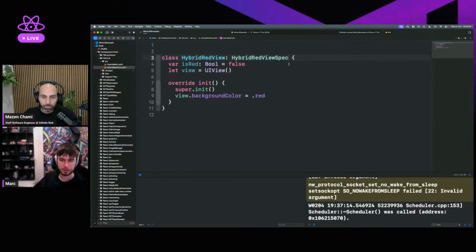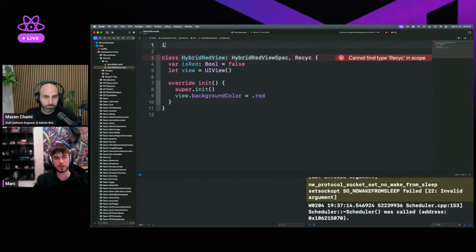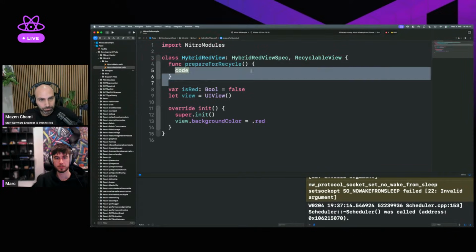Just maybe one more feature for view components. You can also make your view recyclable. So if you do recycle... That's important. Wait, what? Why is it not... Oh, because it's not imported. My bad. There we go. Okay. If you make your view recyclable, you can handle view recycling, which is a Fabric feature,